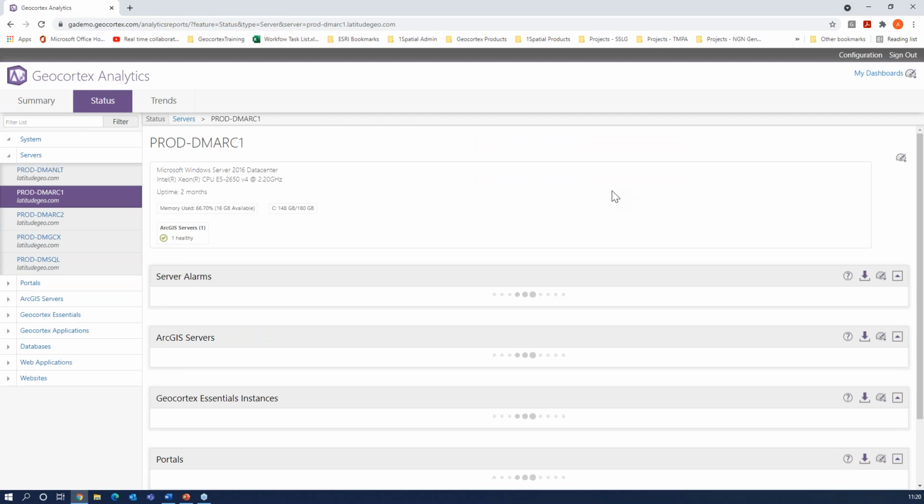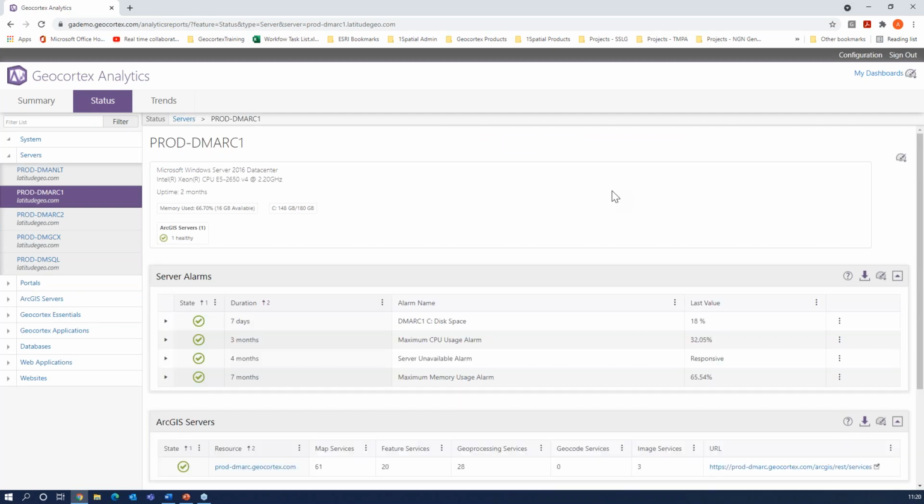And this immediately gives us some useful information about that server. So we can see what the memory usage on that server is. We see it's 66% full. And we can see how many gigabytes have been used from the C drive. So even if you've not set an alarm, you can have a look at the server and essentially look at the health of it just by seeing some very